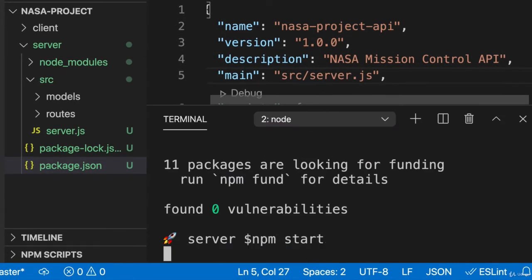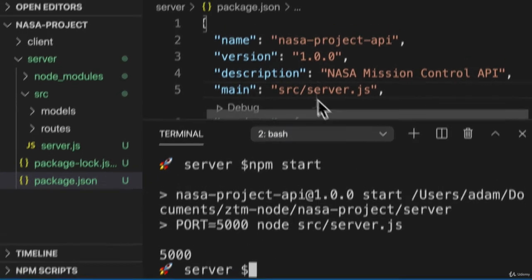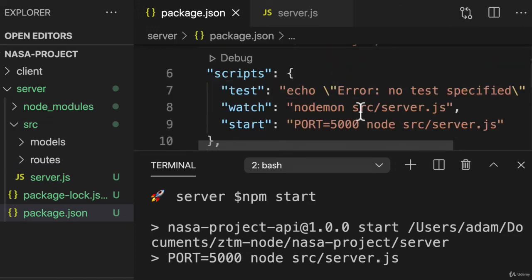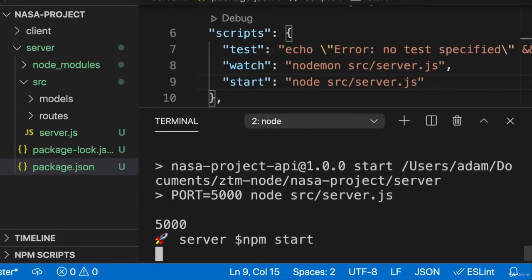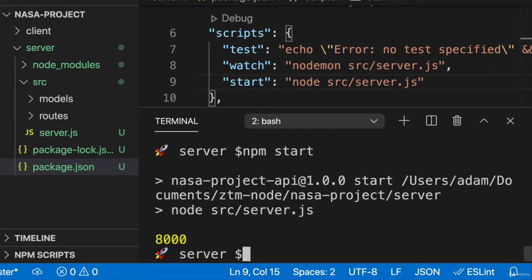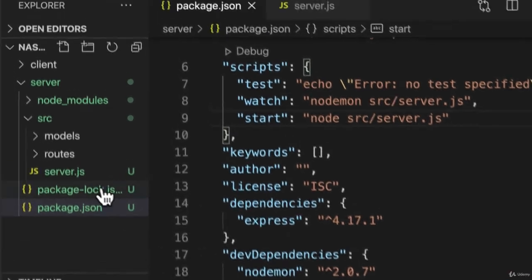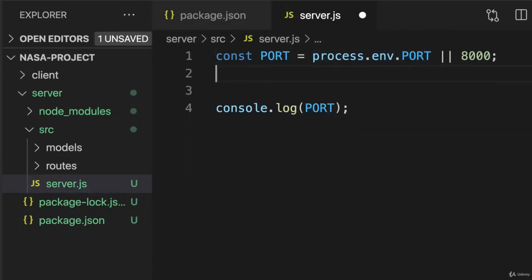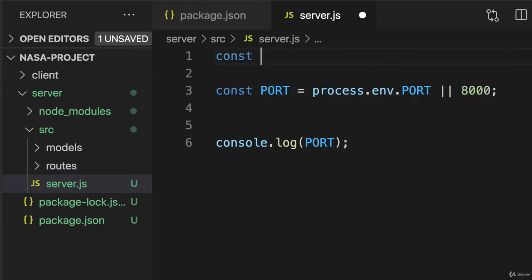npm start, check it out. Our port was set to the environmental variable. And now if we remove that and run our program again, we have the default 8000. Now, in our server.js, we could import Express like we did before,